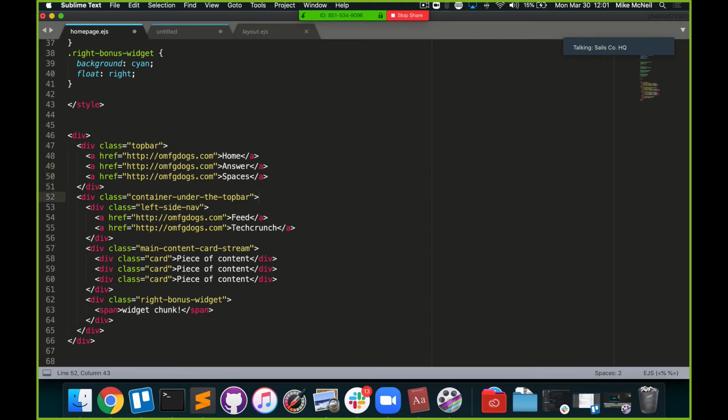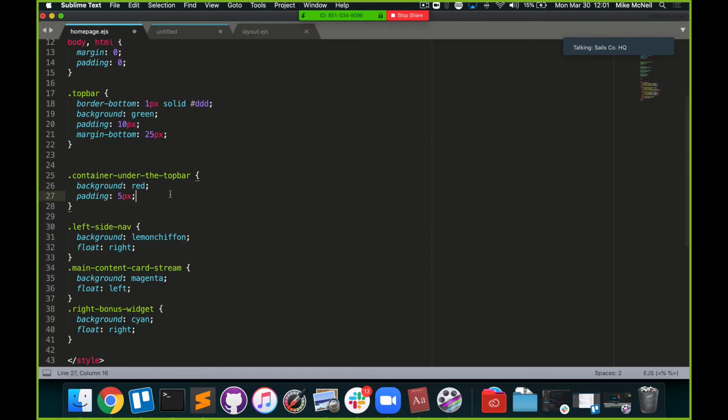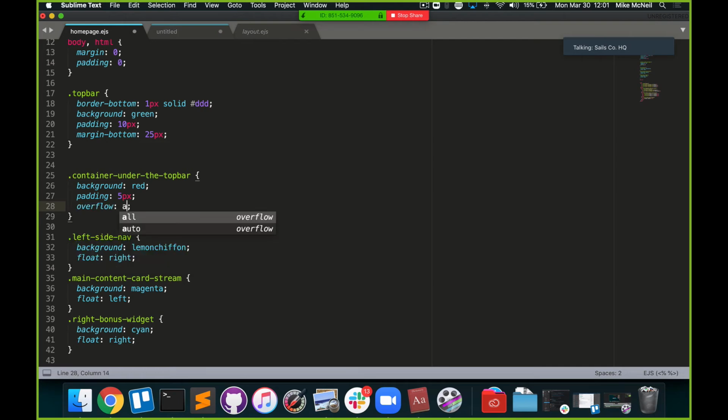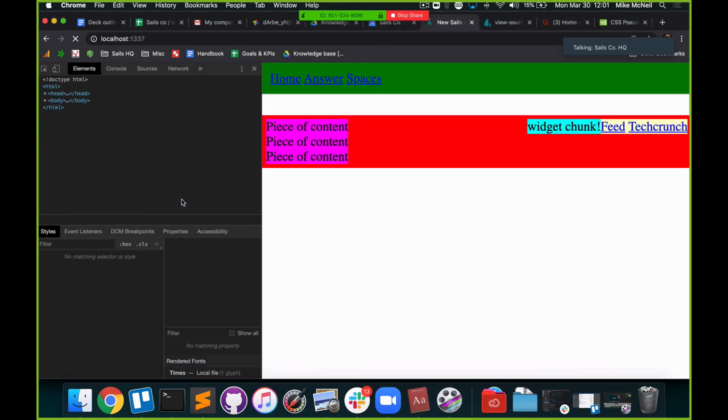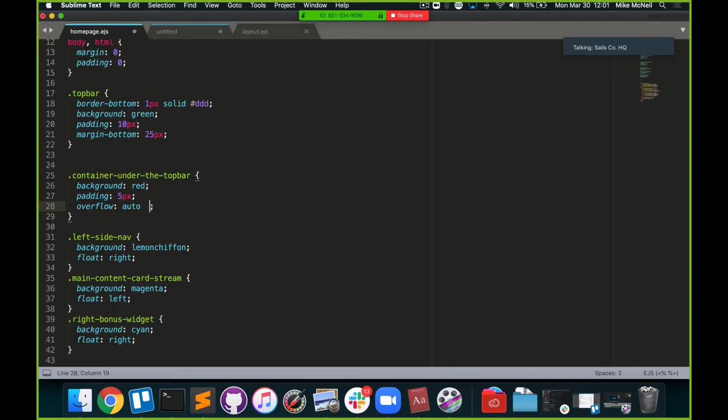So to clear the floats, you have two ways to do it. Because what you're trying to do is make the container wrap around its contents properly, I find that the most obvious thing to do is to change something about the container. So what I like to do is go in here and you put overflow auto, and that's it. Problem solved. And what that does is it forces this